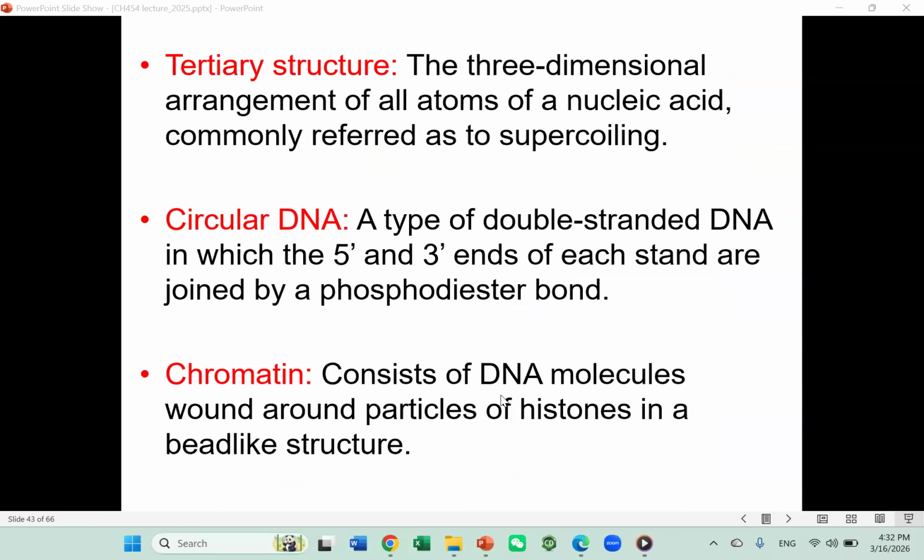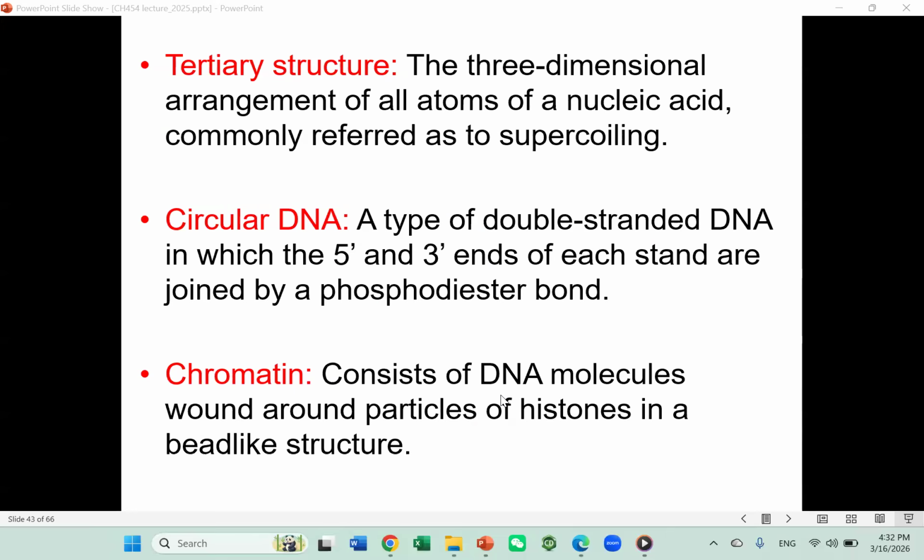But most of the time, DNA won't exist as just a long duplex string. For example, for all the human DNA, if it existed as a long duplex string, that would be about 6 feet. That's impossible to fit in our cell. So in reality, most of the time DNA stays in a tertiary structure, a highly packed structure,